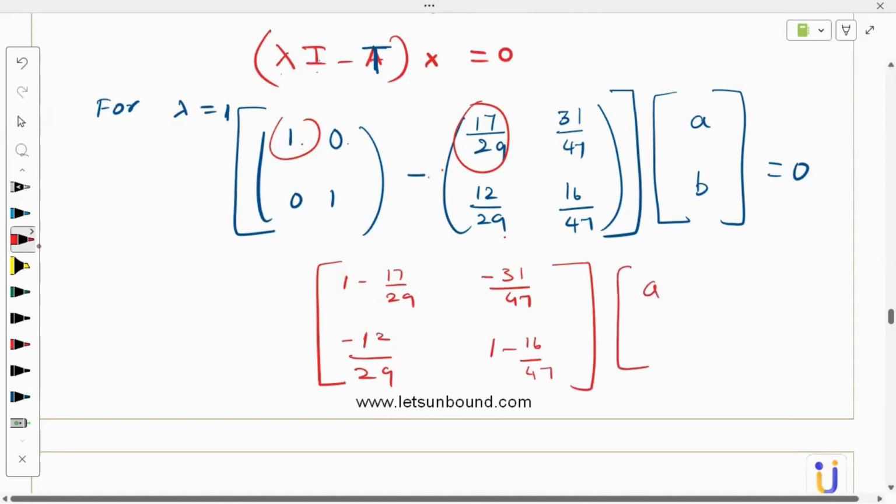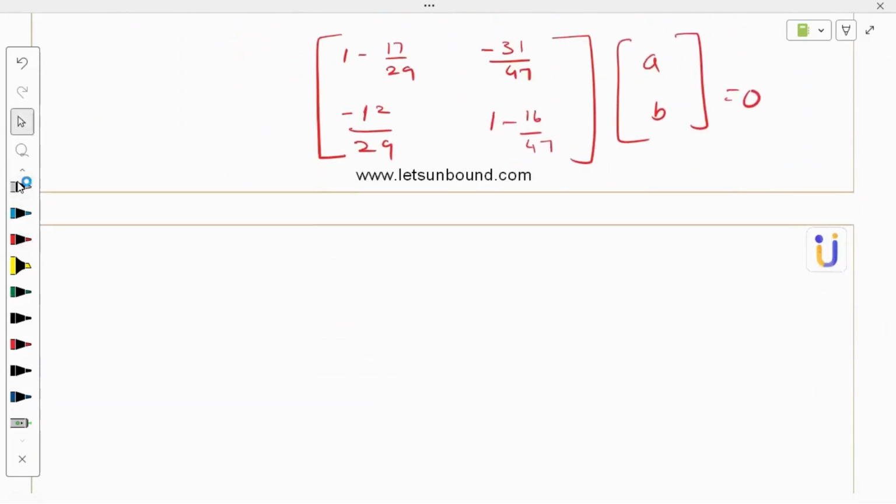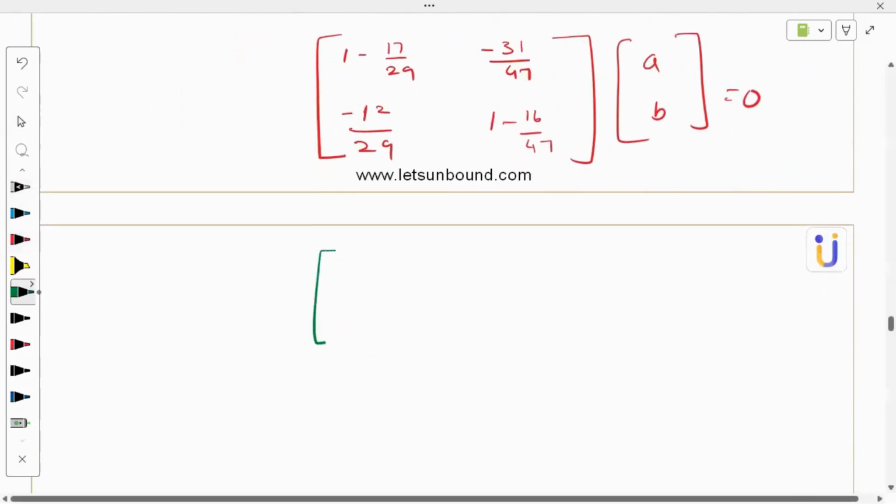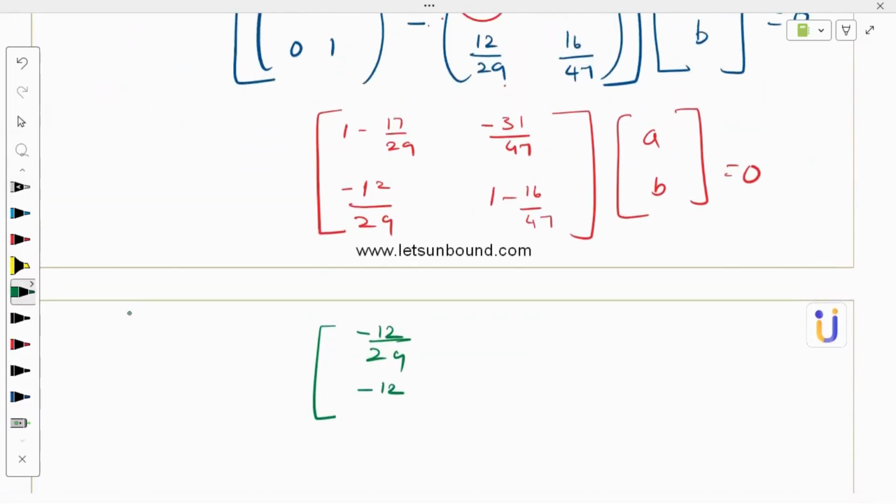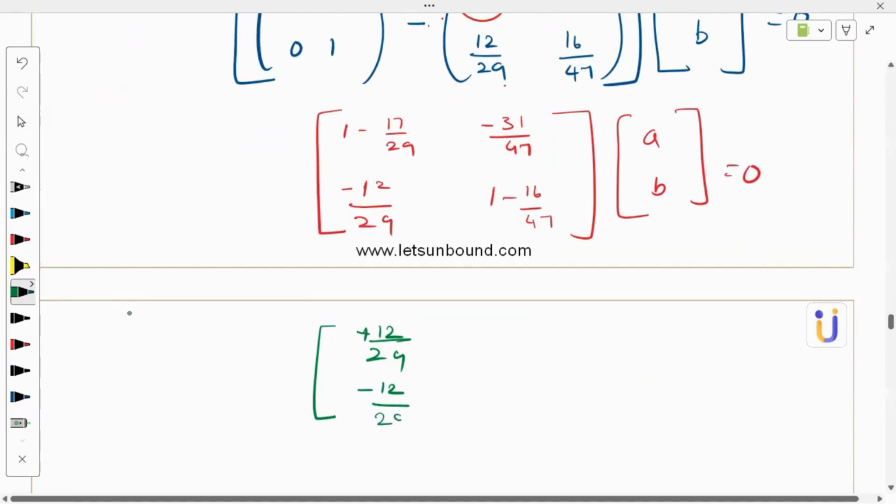Here AB I took equals 0. Now, just simplify this. 1 minus 17 by 29 is 12 by 29. Here also minus 12 by 29. And this is minus 31 by 47, this is plus 31 by 47, into AB